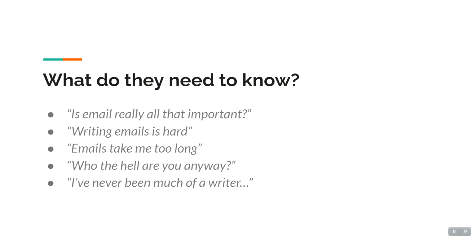The first thing I need to do is figure out, right, I know where they are. They don't know me. Maybe they're a little bit convinced about email marketing, maybe they're curious, they want to do it, but they don't know where to start. That's where they're from. The 'to' bit is I want to get them ramped up, convinced that email marketing is the way. It's a great thing to explore. It's going to be worth their time and money to explore this. It's not that hard, and they're ready to make an investment for 40 quid to buy my course to learn how to write an email. So identifying the gaps between the from and the to, I might come up with these kind of questions here.